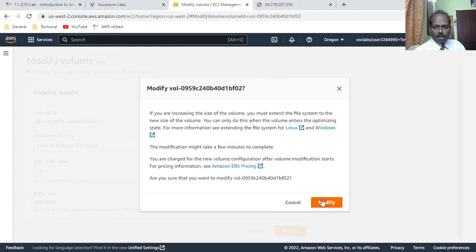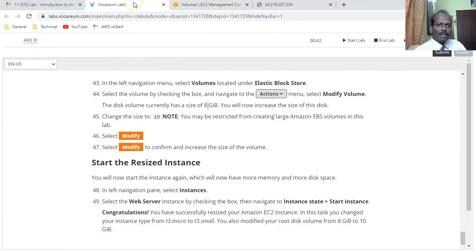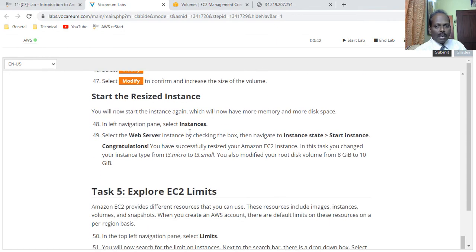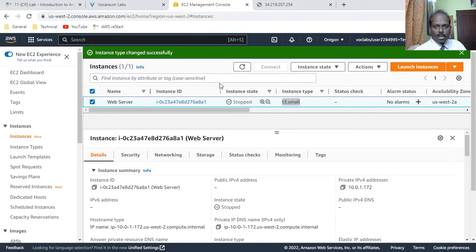You will get a window, say modify, and this is done. Requested volume modification for volume is being modified, it will modify in a minute's time, and then once you start the server, it will automatically take the new size. Now go back to instances, you see that the server is still stopped. What you can do, you can start the instance,